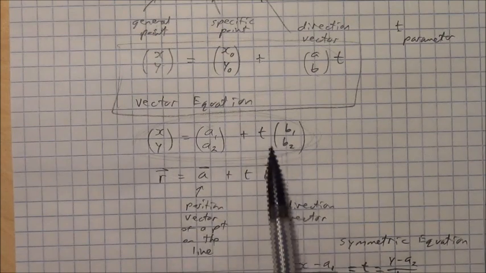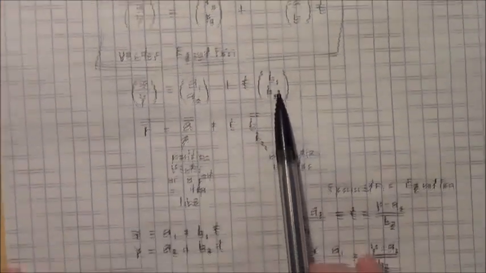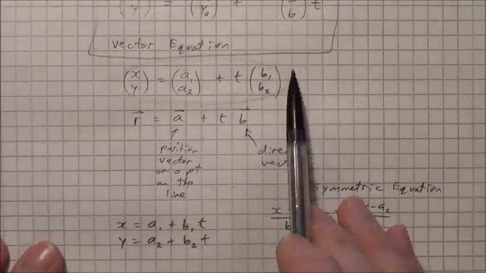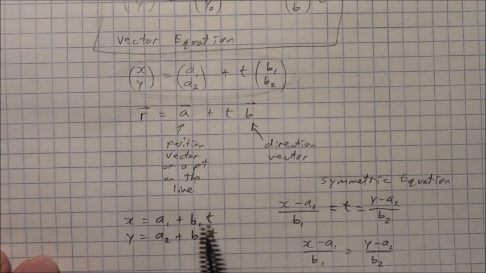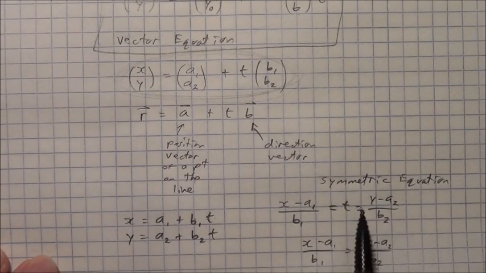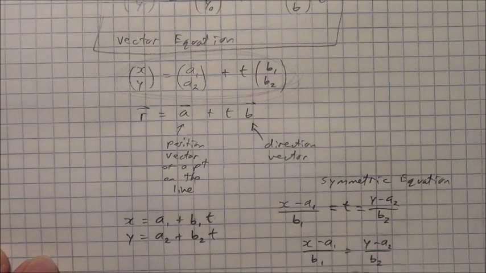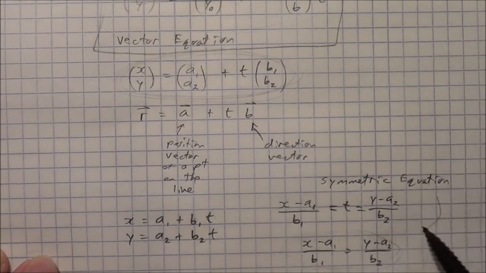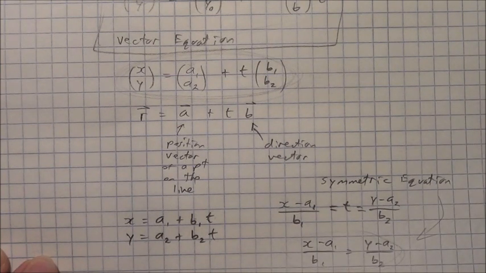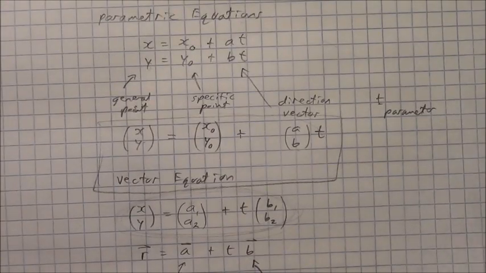And if we take each of these parametric equations, isolate for t, and equate them, we get the symmetric equation of the line. Okay, so we're going to now do something with this. If we take that symmetric equation